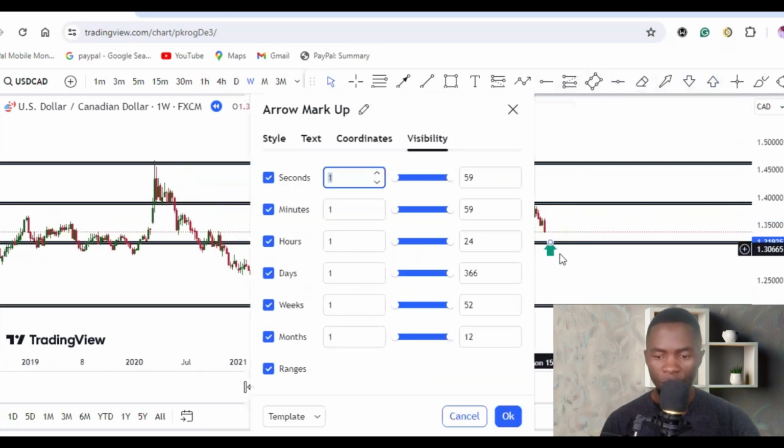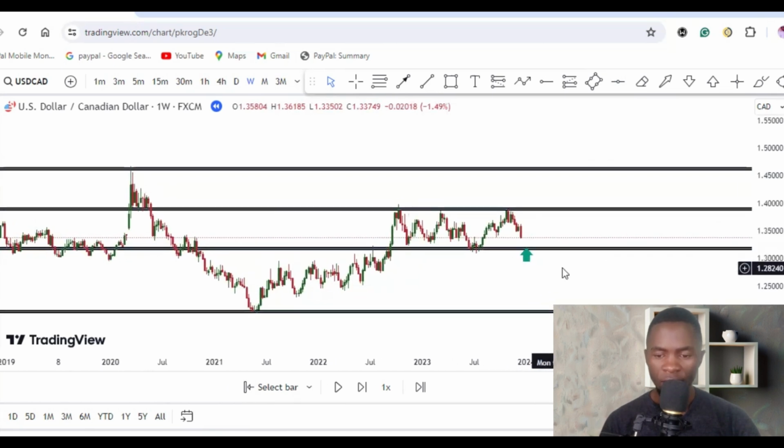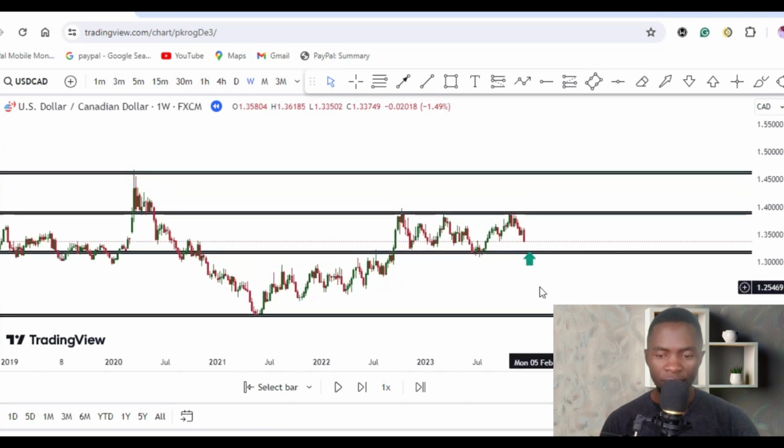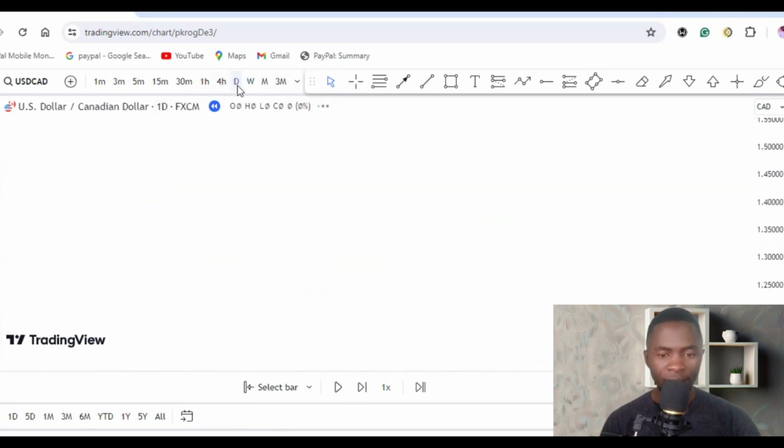So the next thing I'm waiting to see if the market will reverse or will respect this zone, because this is the nearest zone. The market is in the nearest zone. So I'm going to see if the market will turn and become bullish in this area. So now on my daily,